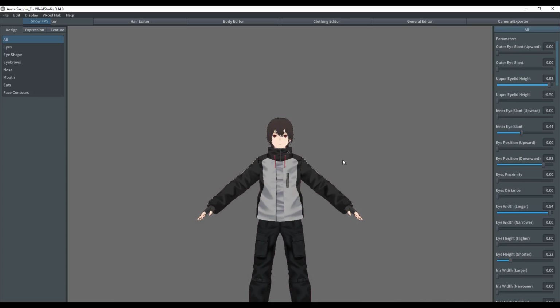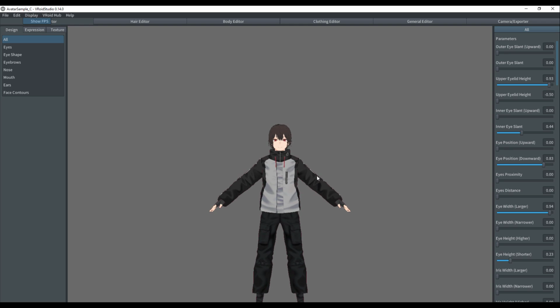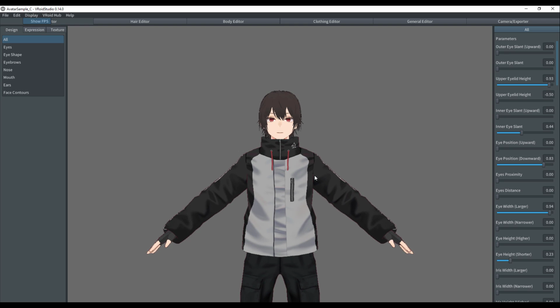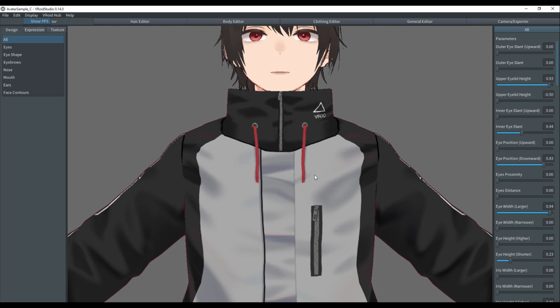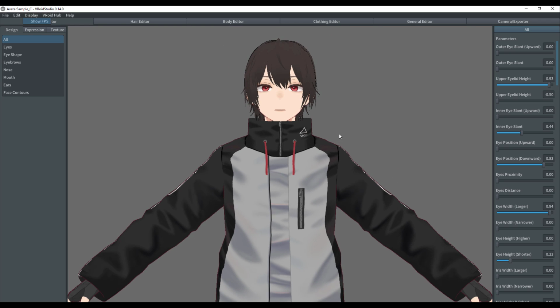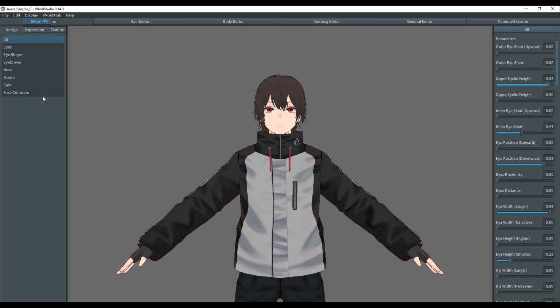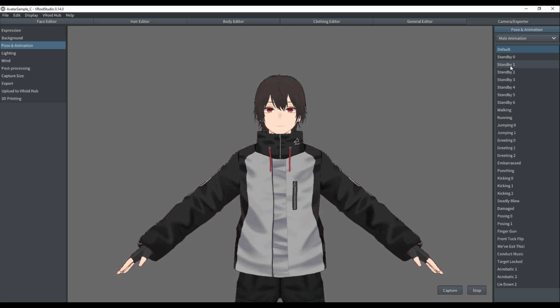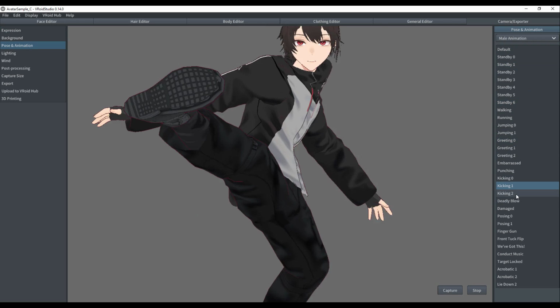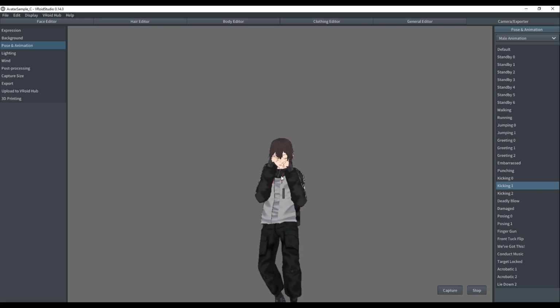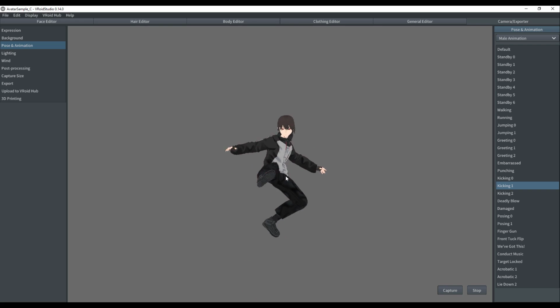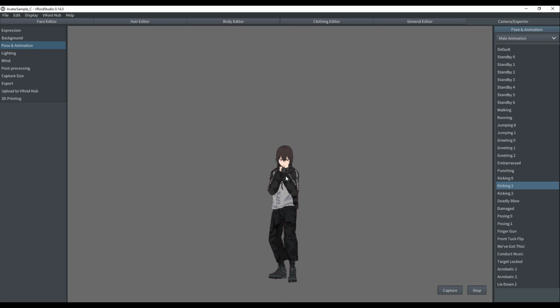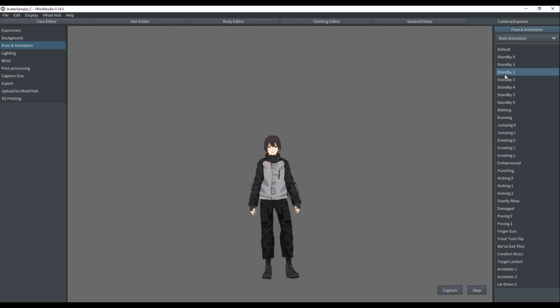Meanwhile, there are certain features within the beta, which of course you can still go to the website and download for free, that did not make it to the final build of Vroid Studio. So one of them is this, that if you go over to where we have the camera export, if we go over here, you would notice that we have pose and animation. So at this point, you can select different animations, looking nice. I really wish that at the end of the day, we'll be able to export these animations, but this isn't something that is available at this point.